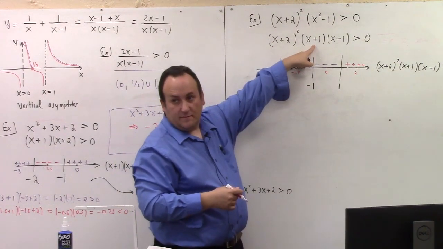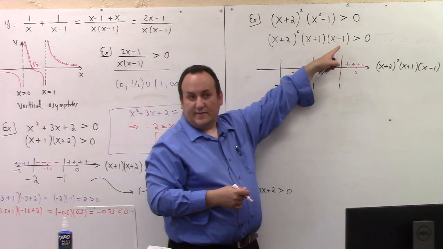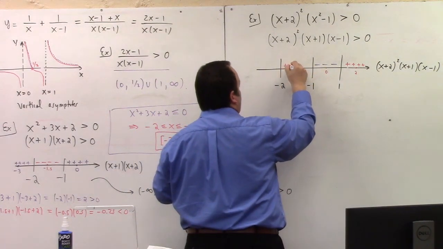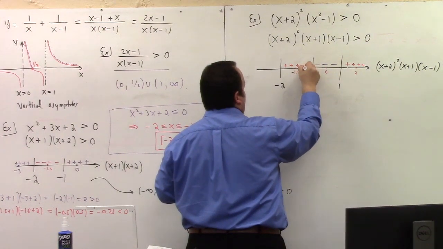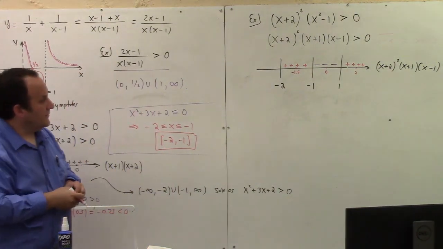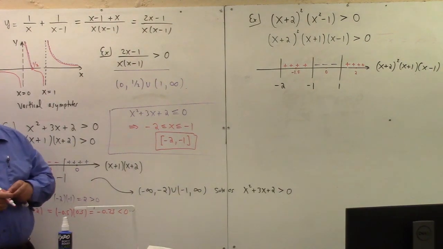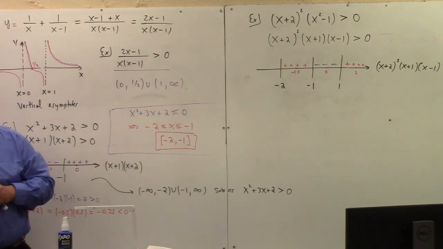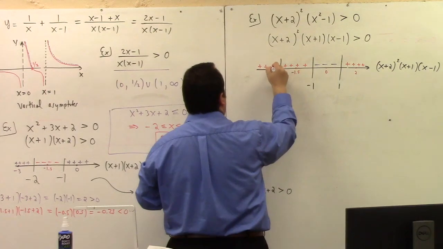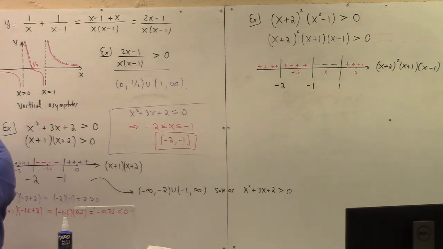That's negative. That's also negative. So we get plus times minus times minus, that's a net plus. And then if we go to the right of minus 2, we have a plus times a minus times a minus. It's again going to be plus. So that's something you can look for. When you have a factor which is